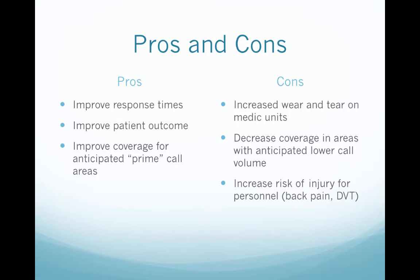It increases the risk of injury for personnel. The CDC says that you're at higher risk of a DVT if you're sitting for 4 hours or more or have limited movement. When you're in the truck all day long, while you might not be in there for a steady 4 hours, there's certainly not a lot of room to move, and your risk for DVT increases with age